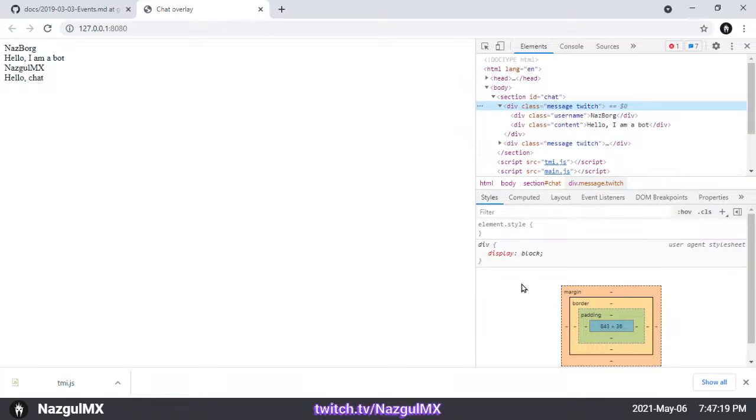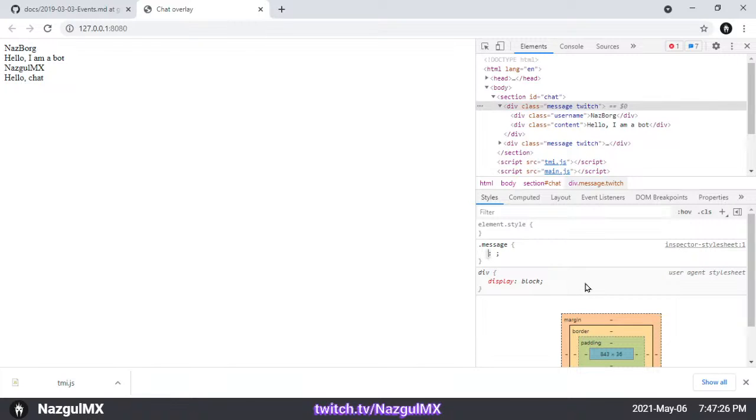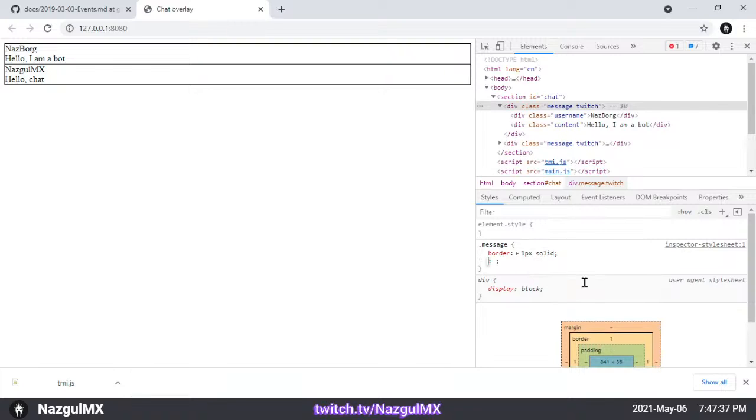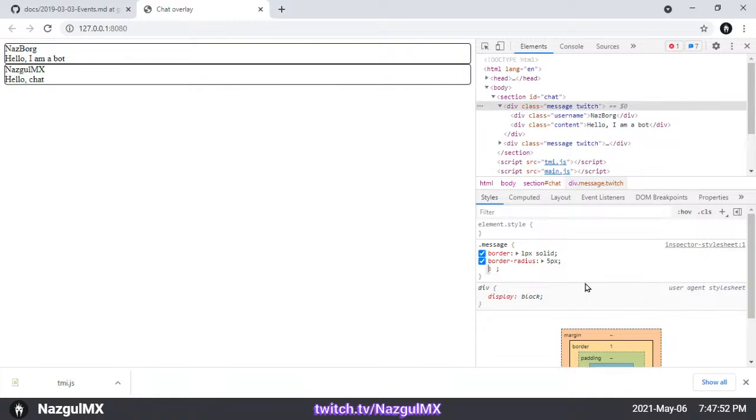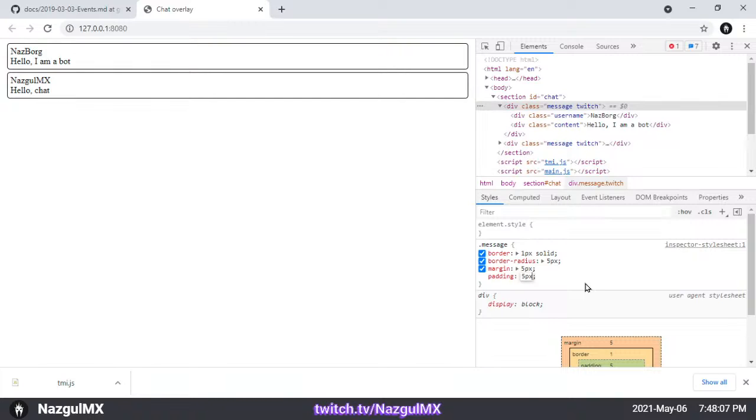So we have this message Twitch, and for example, for our class message, we want to include something like, I don't know, border 1 pixel solid, just to make sure where the boundaries of each message are, then border radius 5 pixels or probably more, then margin 5 pixels, and then padding another 5 pixels. Okay, so